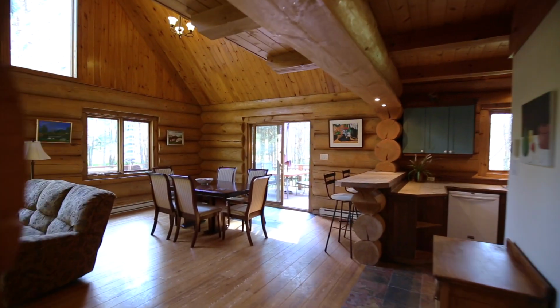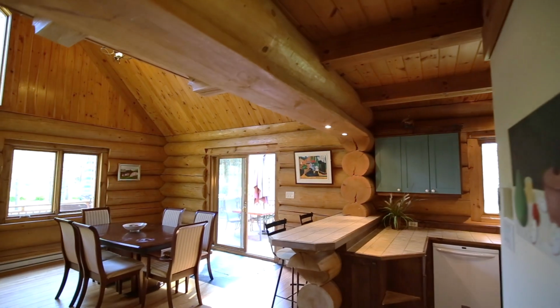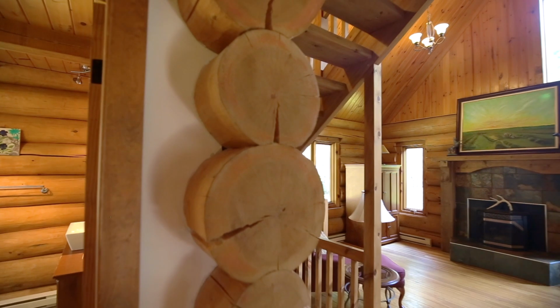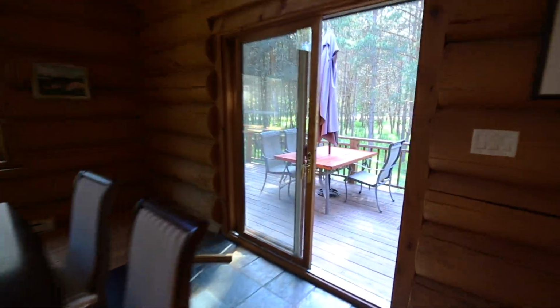So a true log home. As you can see, nice sawn logs here. You can see the diameter of them if I put my hand up. So true log home. We'll take a step out here with the sliding doors